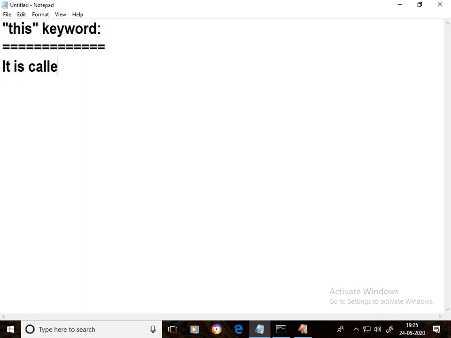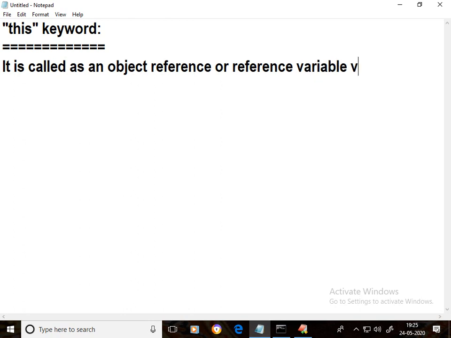It is called an object reference or reference variable because it refers to an object.